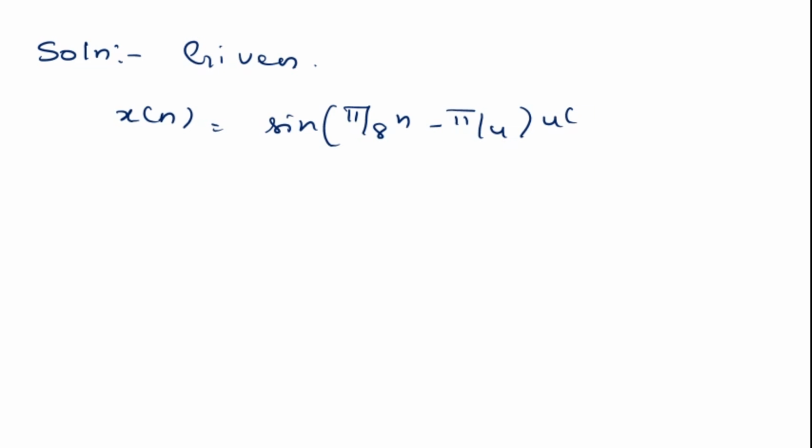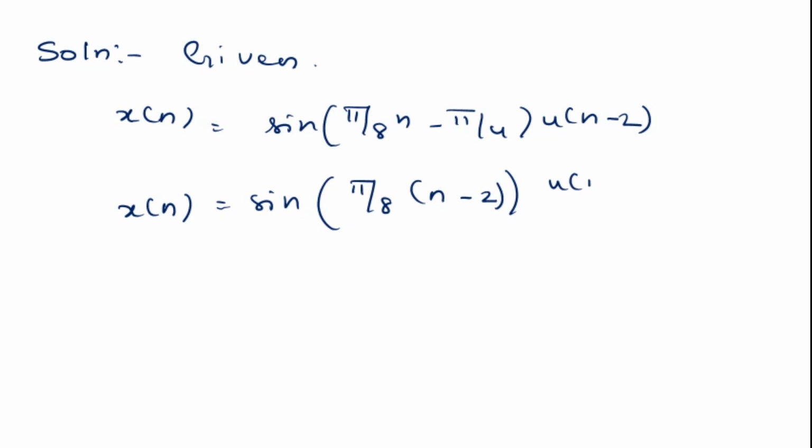It is given x of n is equal to sine pi by 8n minus pi by 4 into u of n minus 2, or we can write it as x of n is equal to sine pi by 8 into n minus 2 into u of n minus 2,